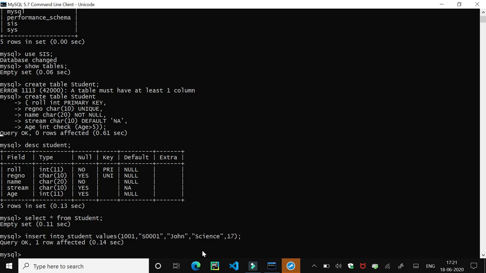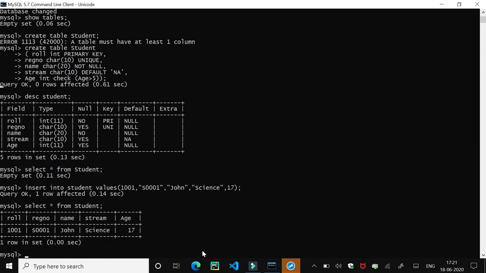Now I just want to see the content of a table. So again I will pass the statement select star from student. When I enter this, it will show the values of the table. As we have entered one record here, it will give us the result of one record, one row here.